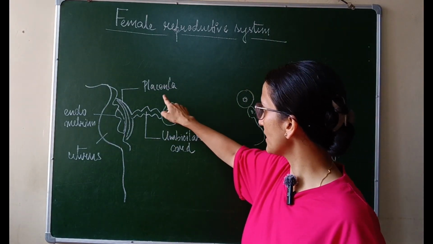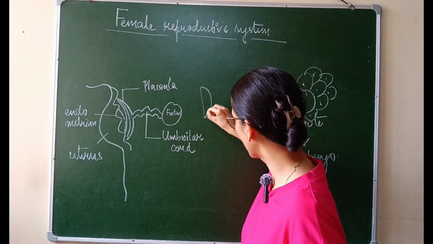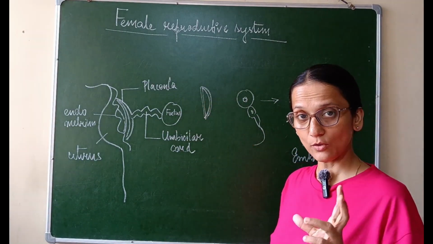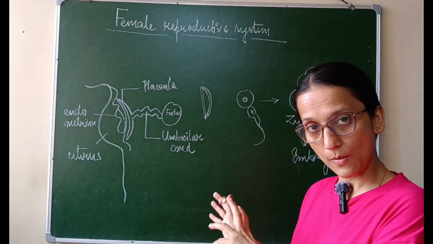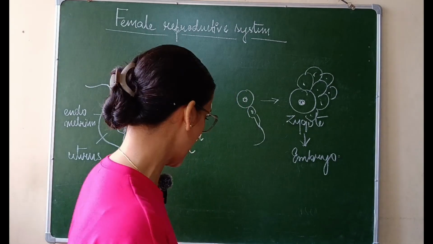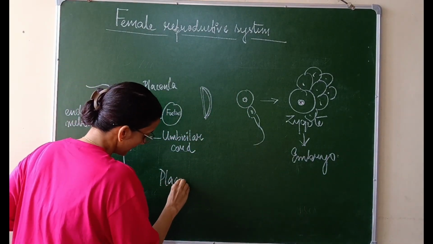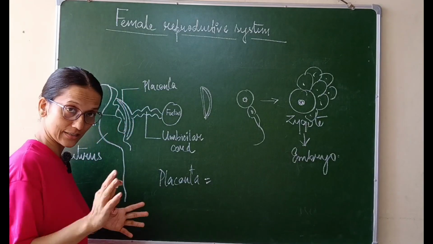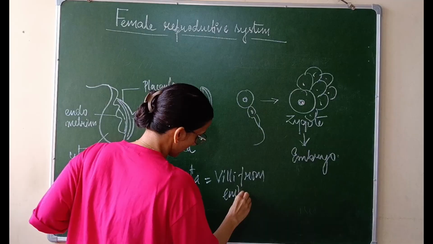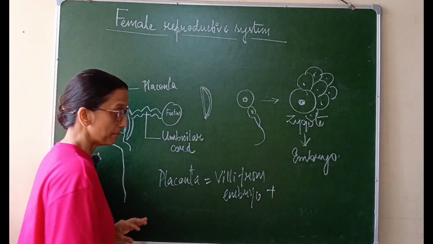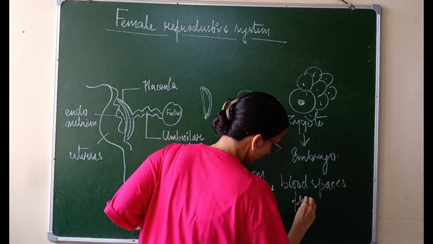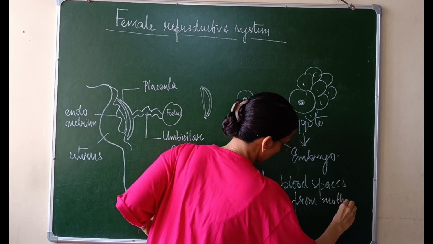It basically happens with the help of a disc, एक डिस्क की तरह, a disc shaped structure which is known as placenta. और ये placenta बना होता है दो structures से. There are tissues from the side of the fetus and there are also tissues from the side of the mother. तो दोनों के side, that means अगर placenta का composition हमें पता होना होगा, then it is made up of villi from embryo side and blood spaces from mother's side or the uterus side.